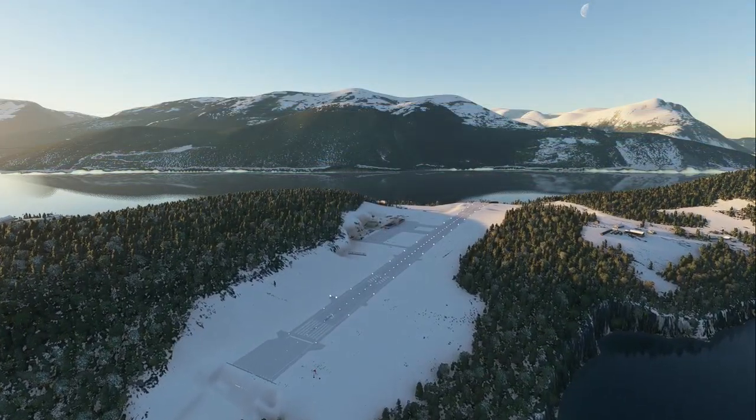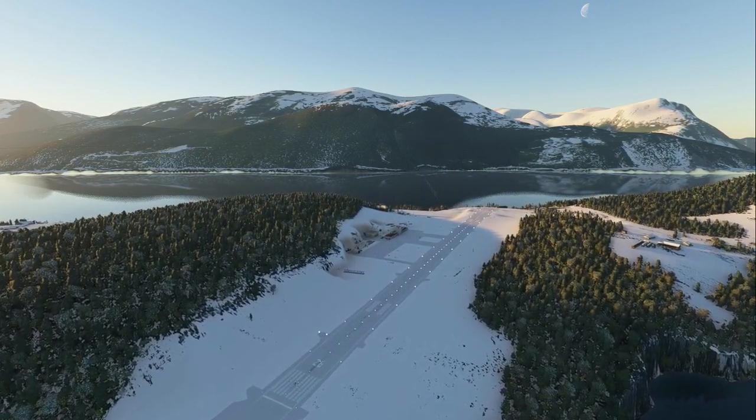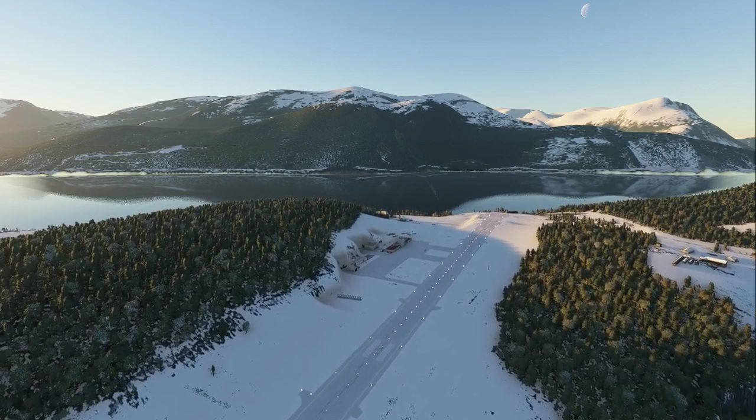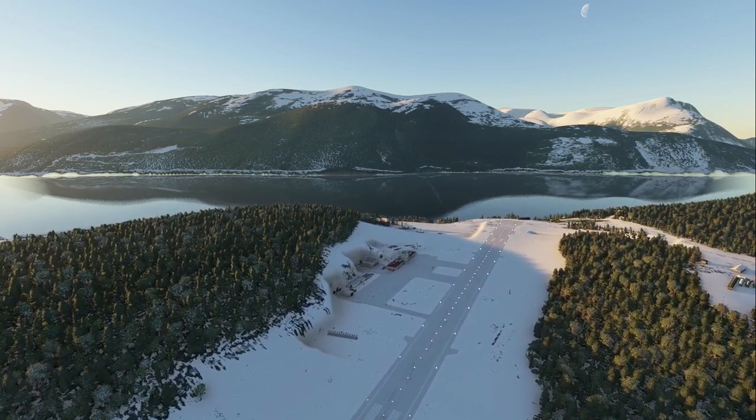Next on the list is ENSD, Sandane, Norway. Now this is actually probably my favorite freeware airport actually available on the game. A lot of features that have been added to this. There's a slope runway based at accurate height data, update apron based up to the date satellite imagery, correct taxiways